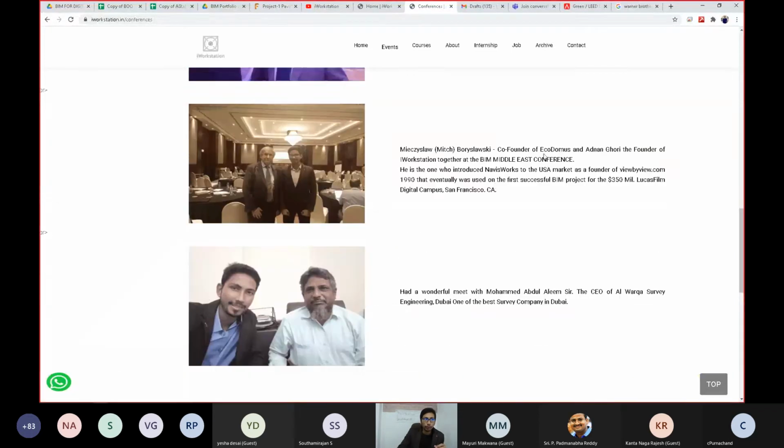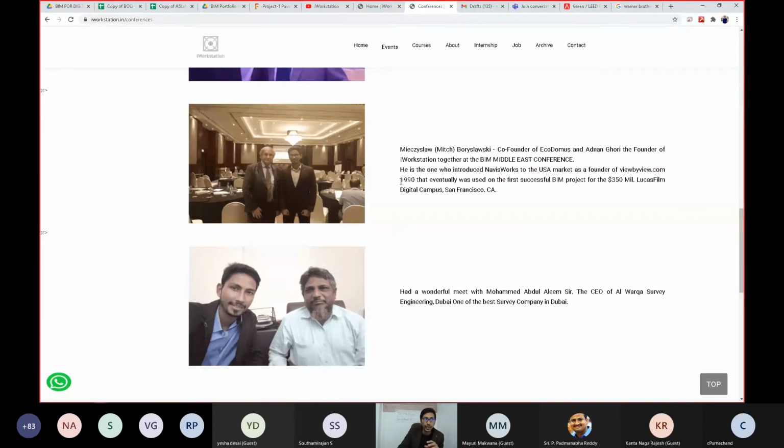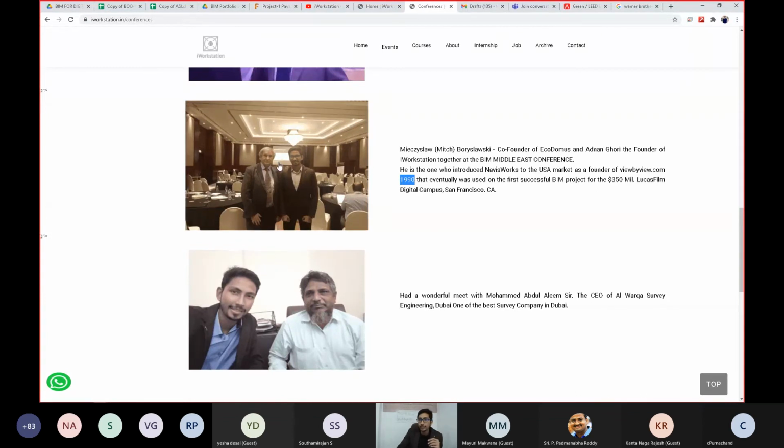Then there is another platform called Ecodomus, which is used for facility management. He was the one who introduced Navisworks to the US market, as the founder of Vue. Navisworks, one software you have all seen, was introduced by Mitch in the 1990s. That was an era when Apple and many other companies were booming. He even worked with Steve Jobs.